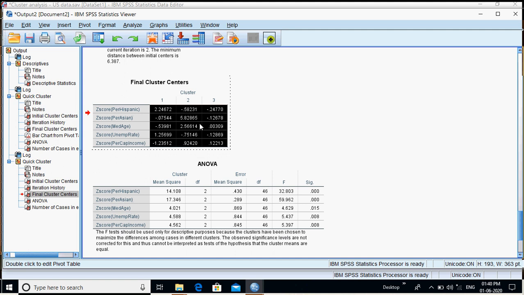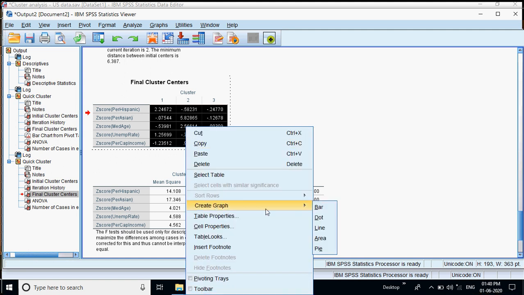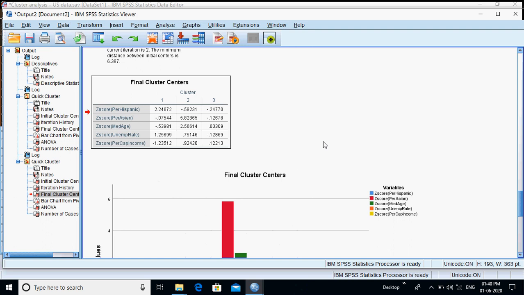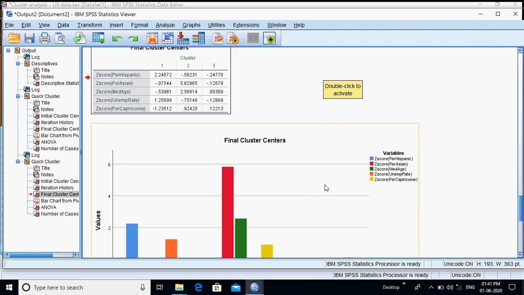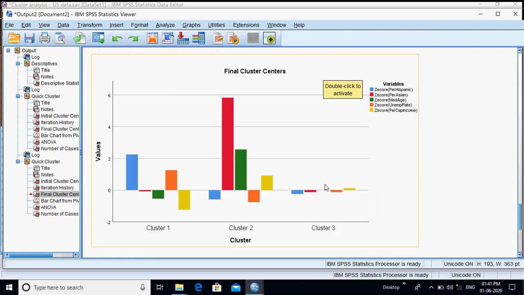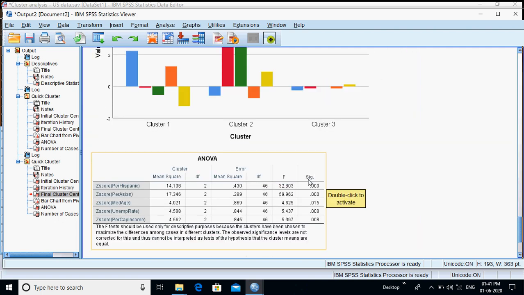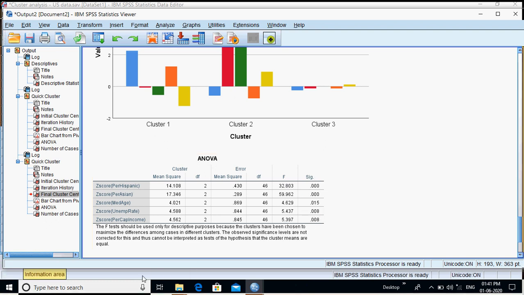Now let's view it in a graph. So create a graph and look at the bar diagram. You can see we have the percentage of black removed, and then you have the percentage of Hispanics and Asians and then the median age scores represented graphically in the bar chart. Now let's have a look at the ANOVA table, wherein you can observe all these variables are significant. So when all these variables are